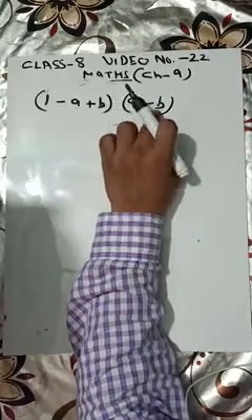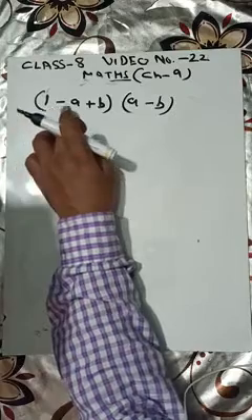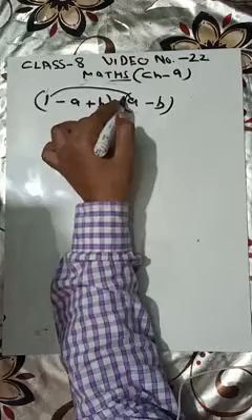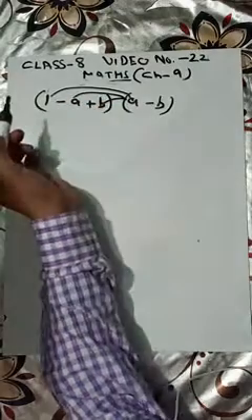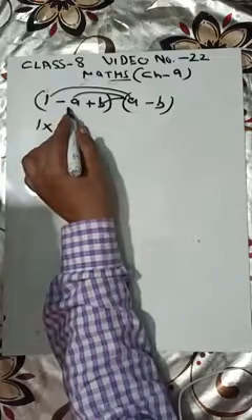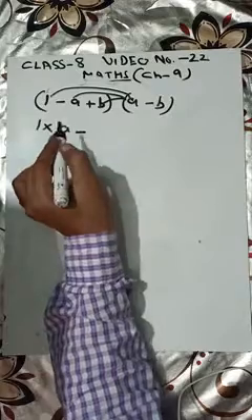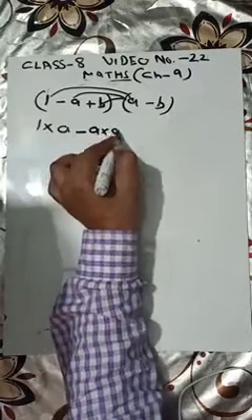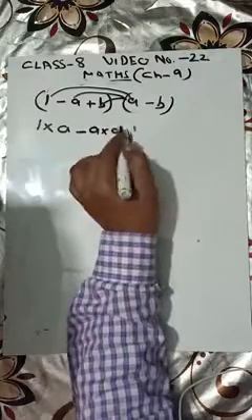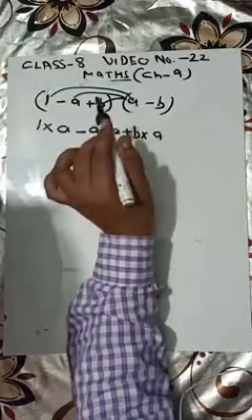What does this whole thing include? a and minus b. What is here? 1 minus a, b. So this a is going to multiply with this 1 and this one. Very simple. So 1 multiply a, then there is a minus sign, and this a is plus, so the result will be minus. So a multiply a. Then it is b, sorry, it will be plus b multiply a. The work of a is over.